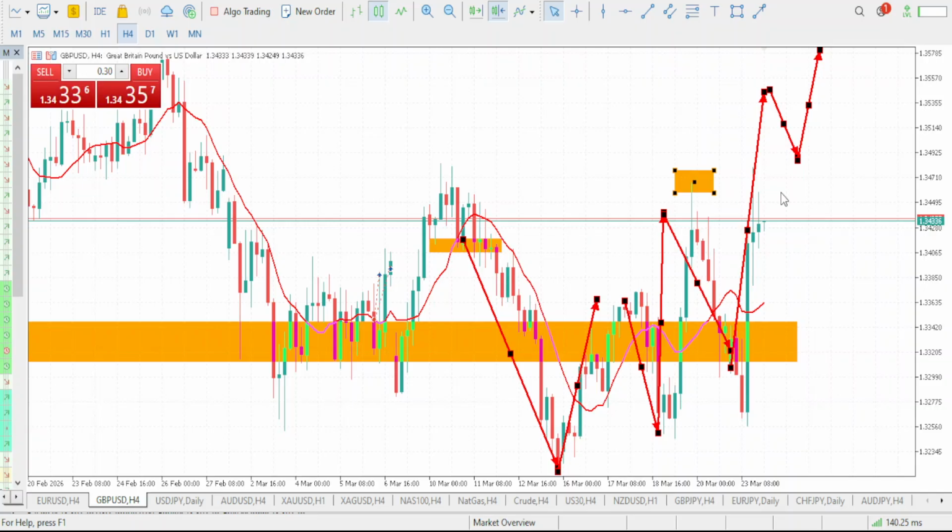But if you're a day trader, I will advise you to wait for market to break this high. Then you can look for a pullback, which you go ahead and sell. Then after the sell, you can look for a buy setup to buy. But if you are a swing trader, going for your buy and holding your buy position till Friday, market would have given you nothing less than